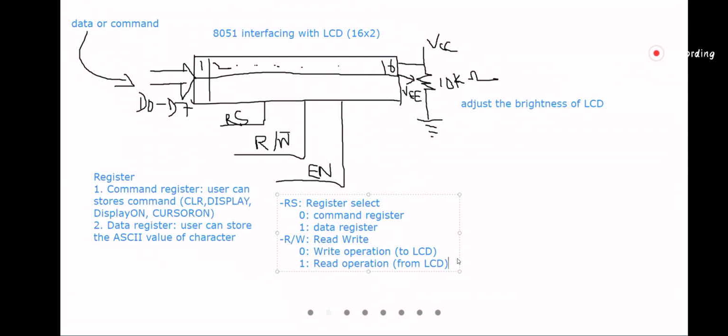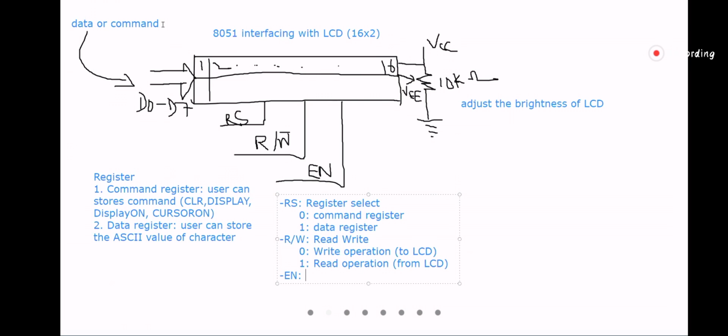Last one is the enable pin. Enable is mainly to latch the signal. For example, you're sending a data or a command.